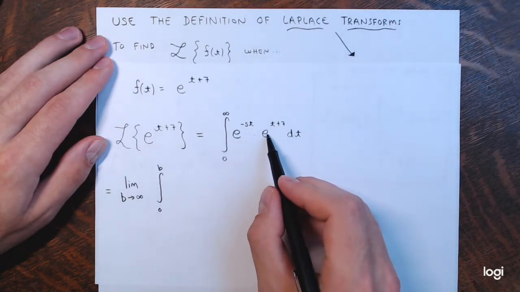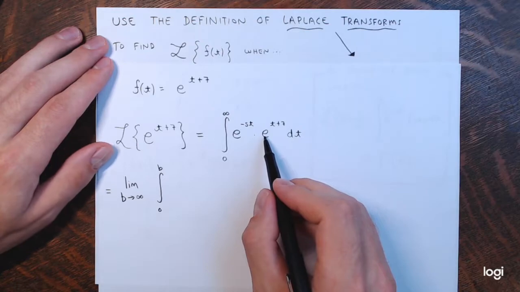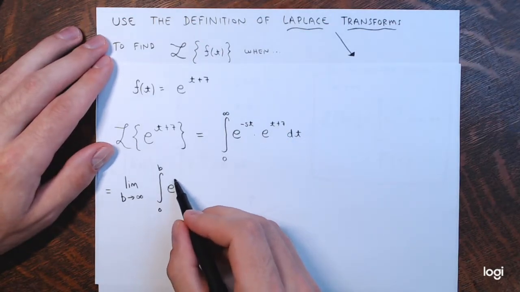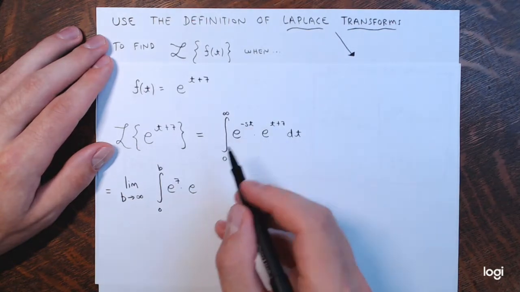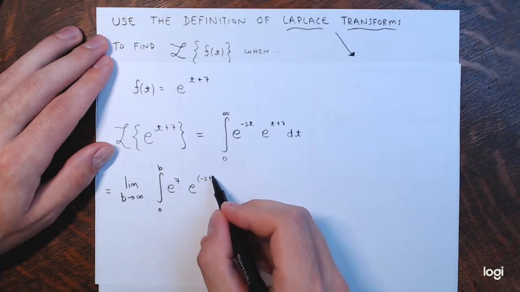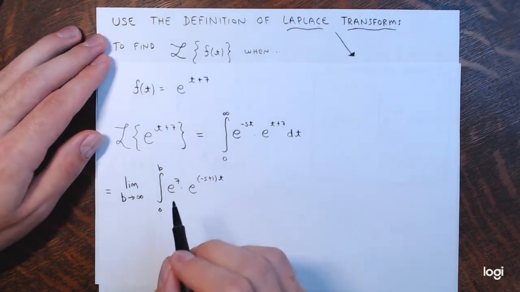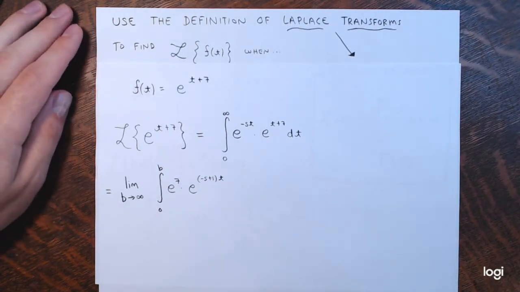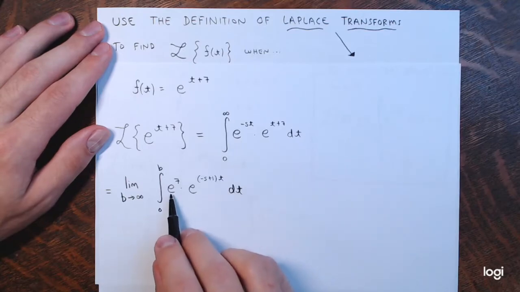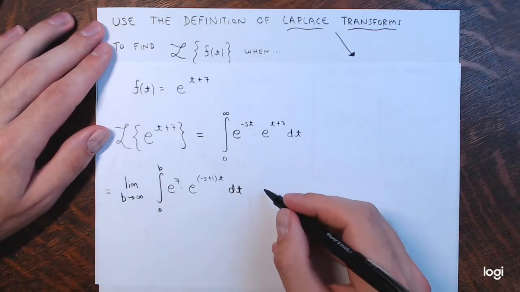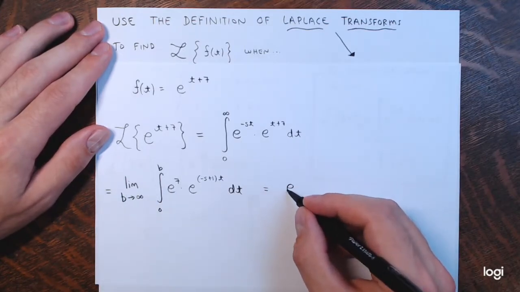Now if I rewrite this, these both have base e, and in fact there's a constant I can pull out of this. That'd be e to the 7th. And then I have e to the negative st plus t. That'd be negative s plus 1 times t, or 1 minus s times t power, using some properties of exponents here, and then dt. And as I said before, this is a constant. I can pull that constant out. We have e to the 7th pulled out,